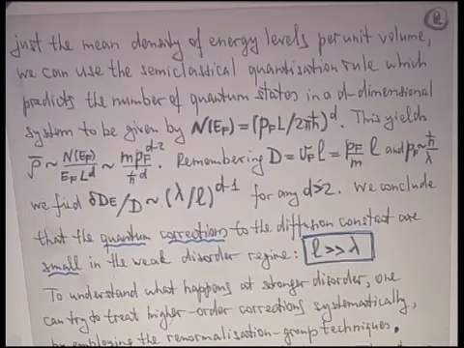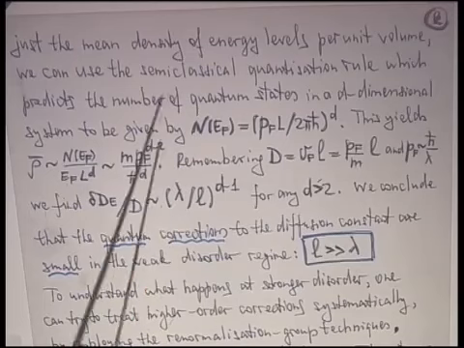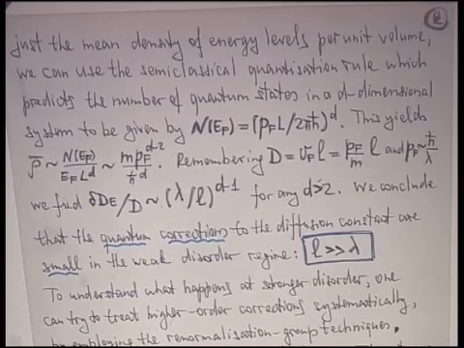Characteristic energy is Fermi energy, and now how many states typically in this volume? There is a very simple rule called the semi-classical quantization rule, which attributes every quantum state to a phase space volume. It means volume